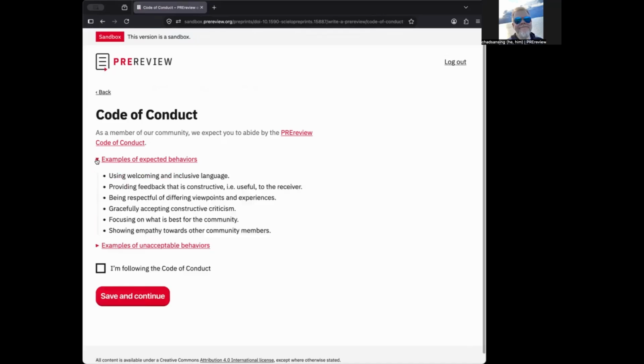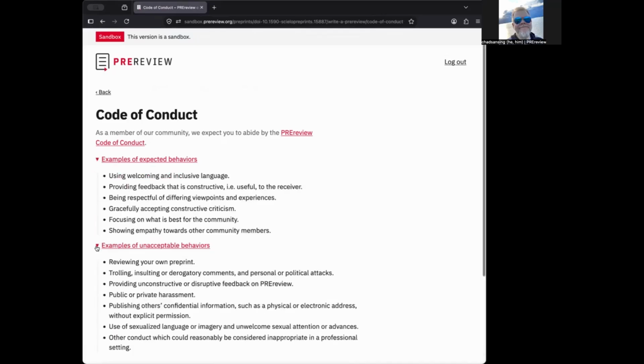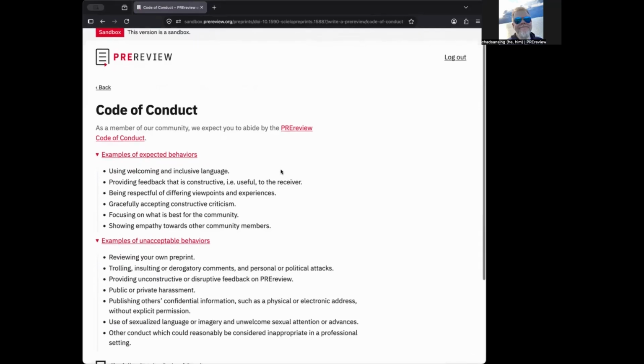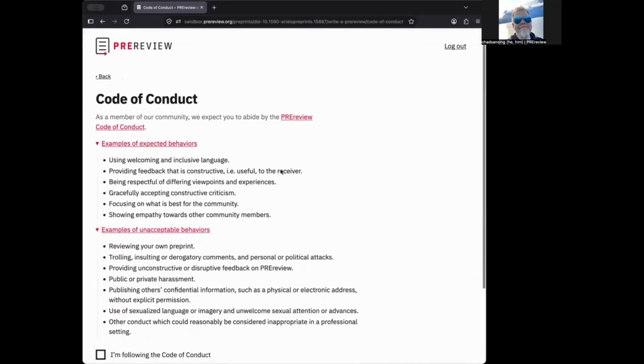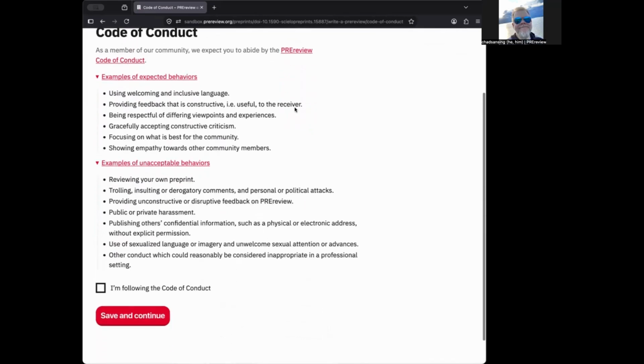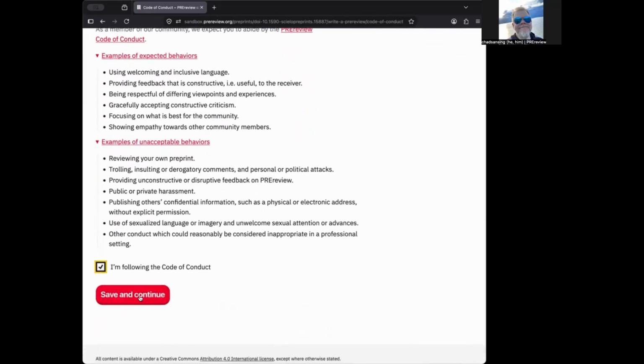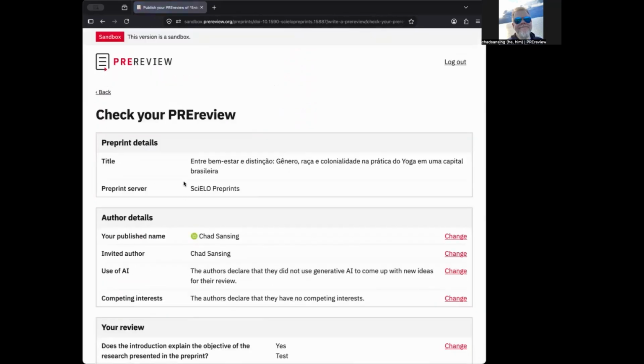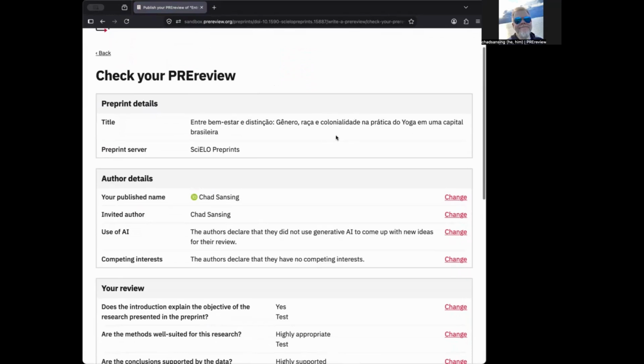So we do share examples of the expected and unacceptable behaviors here for anyone maybe who hasn't gone through and read the entire code of conduct yet, though it's linked. I'm going to affirm that I'm following the code of conduct, save and continue. And then I have an opportunity to check everything before I publish. Make sure that I am reviewing the correct preprint,